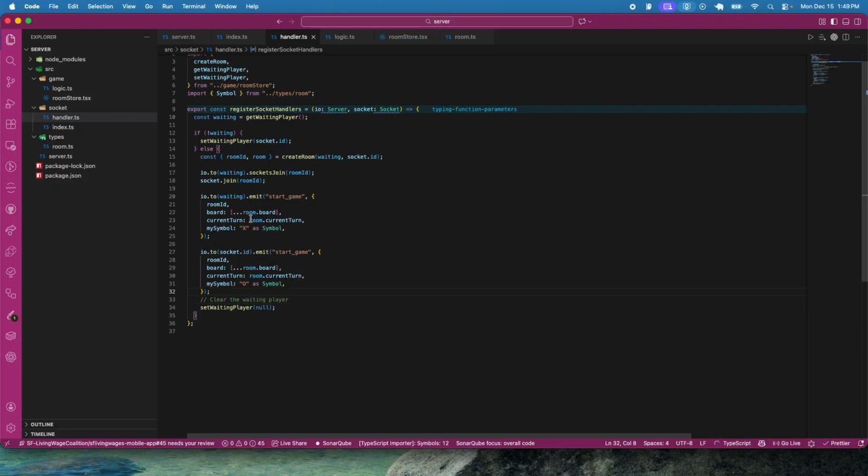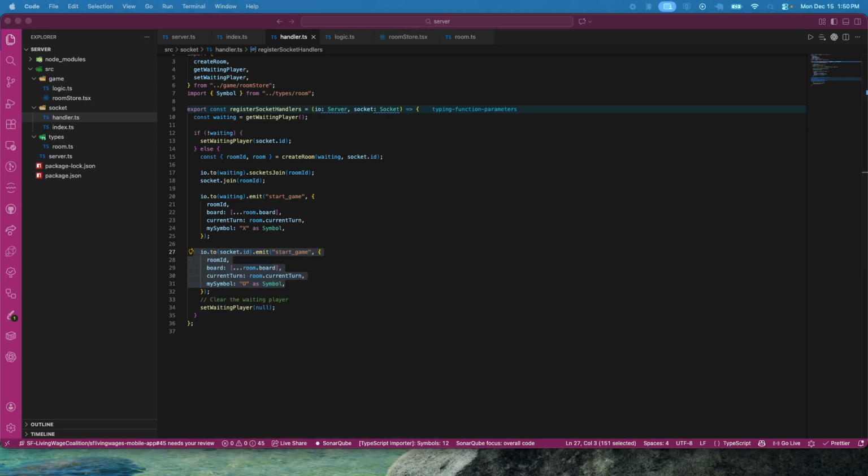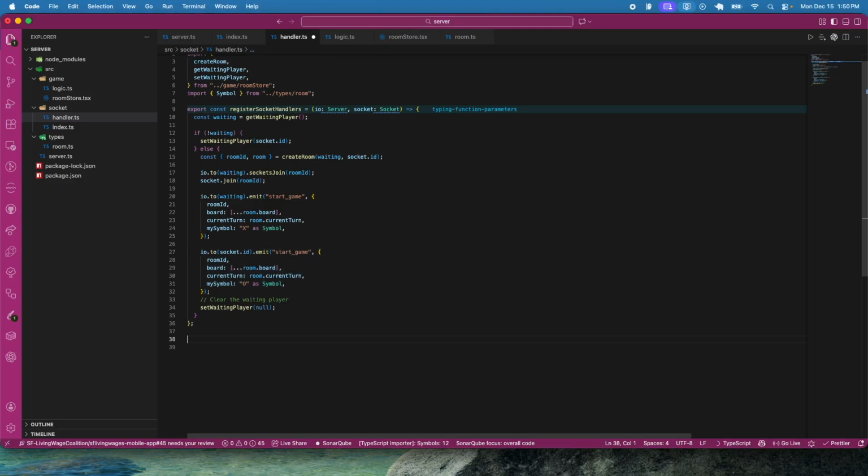So what we are doing here, the server starts the game and tells each player what they are, right? In this case, the server will tell player 1, you are X, right? And also to player 2, you are the symbol O, right? So that's what we are doing here basically. And after that, we need a few things, right? We need to create another event to make the move, right? To determine whose turn, who is moving, the movement, right? So for that, we are gonna define an interface